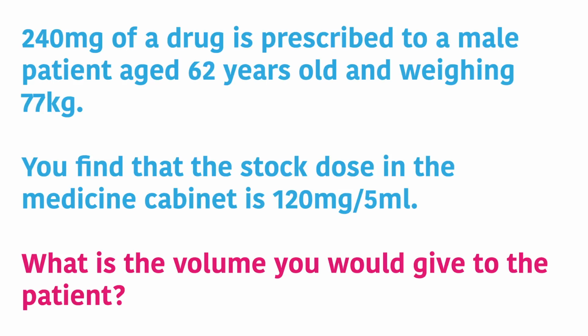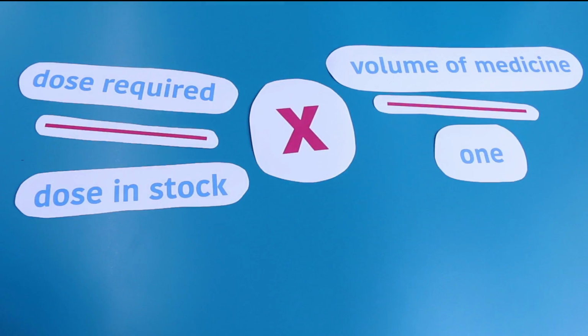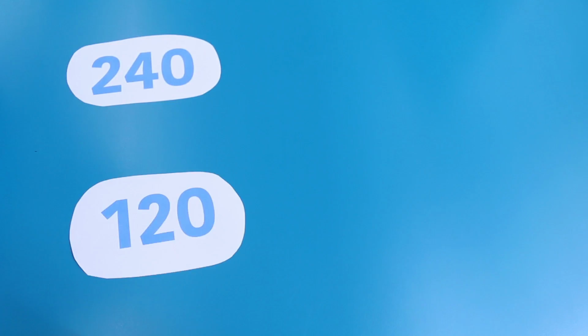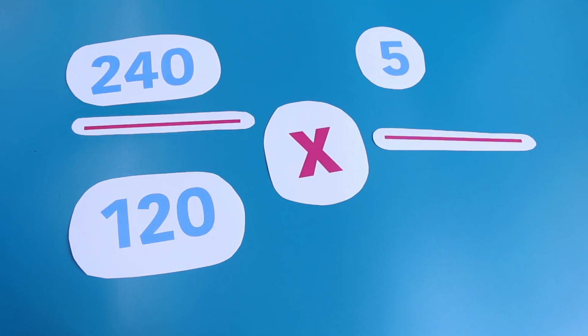3. To calculate the volume required, I need to use the formula dose required over dose in stock times volume of medicine over 1. 4. All the units are the same. We want milligrams, and stock is given in milligrams, so no conversions are required. 5. The dose required is 240 milligrams. The stock dose is 120 milligrams, and the volume it is given in is 5 milliliters. 6. Thus we need to give the patient 240 over 120 times 5 over 1, which equals 2 times 5,